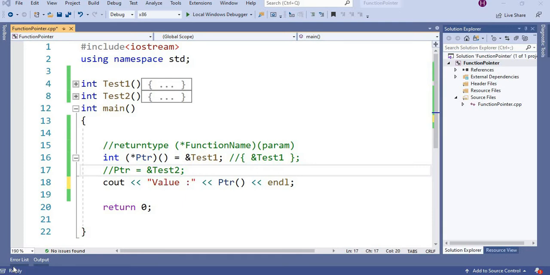Now we are going to understand what is a function pointer. I hope you know how to create a pointer.